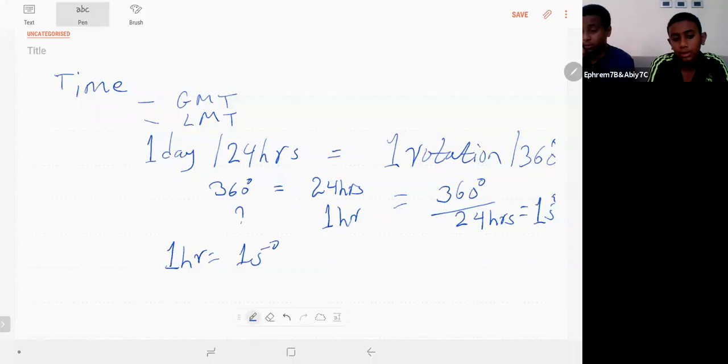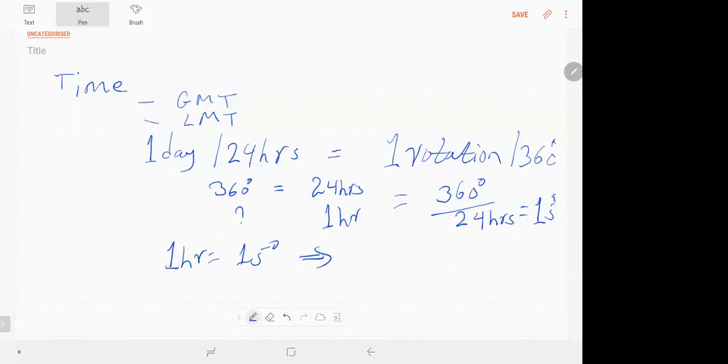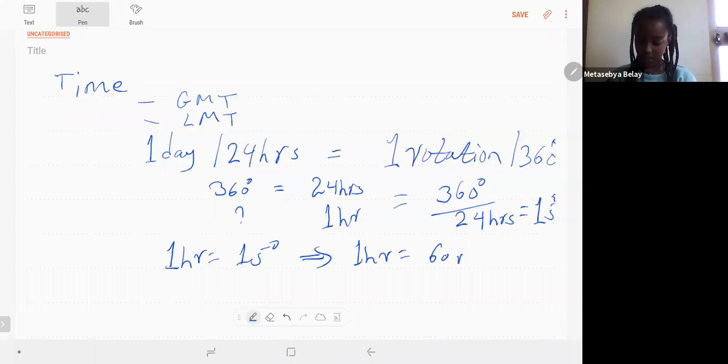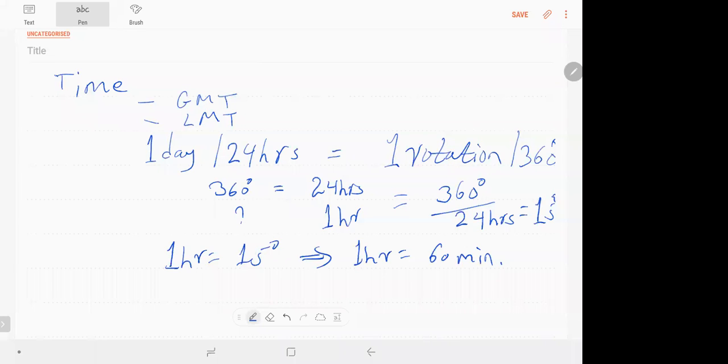15 degrees. And we can proceed to the minutes, yes? 1 hour is how much? 1 hour is equal to 60 minutes, yes? 60 minutes. Then we can calculate the part of the Earth covered in minutes. Therefore, for 1 degree, we can calculate it. 1 degree is for how much? This is to divide 60